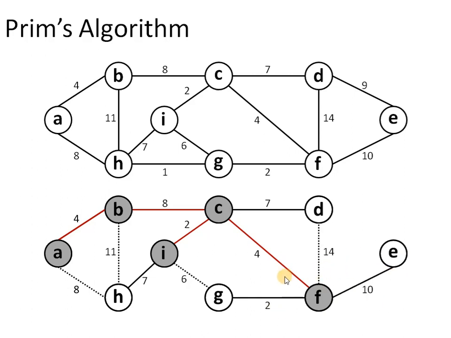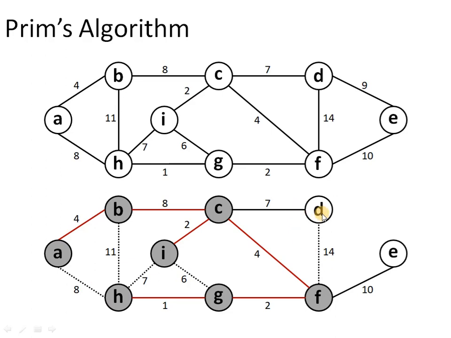Now again we have to pick the minimum one. So the minimum comes out to be 2 and vertex G. So we will pick G, and from G we can reach H via weight value of 1. So this 7 will be overwritten with this value of 1. Next iteration it will pick vertex H and weight value of 1. So from H, all edges are already explored.